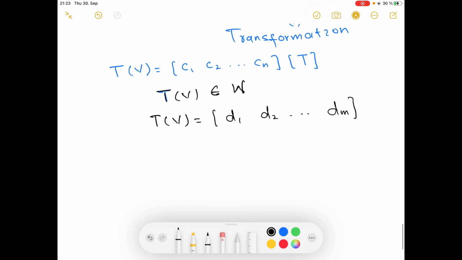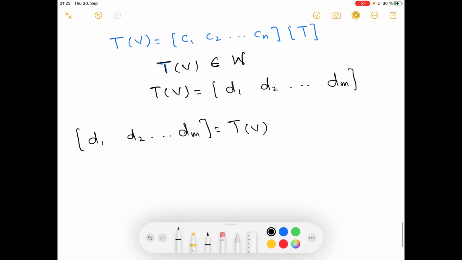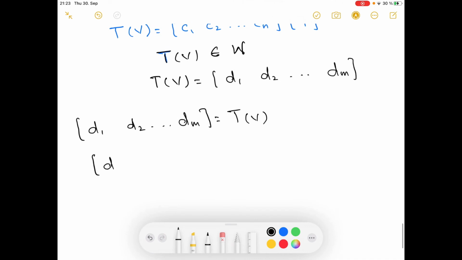So then what is happening, that this D1, D2 to Dm is given by TV, and this is equal to D1, D2, Dm,